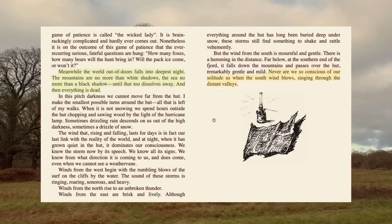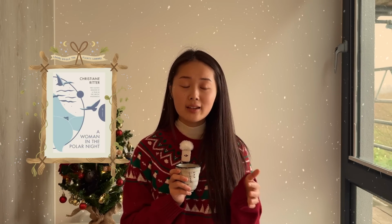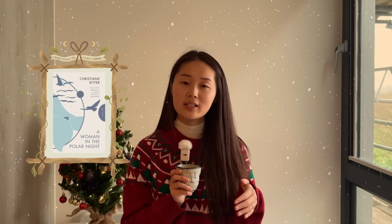But upon arrival, she realizes that really they're in the middle of nowhere with no settlements for the next hundreds of miles, and they're very much isolated. And so you see her come face to face with the reality that this next year is going to be extremely difficult and bleak. But then as time passes, she grows an appreciation for how beautiful the Arctic can be